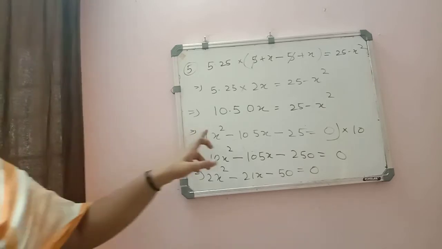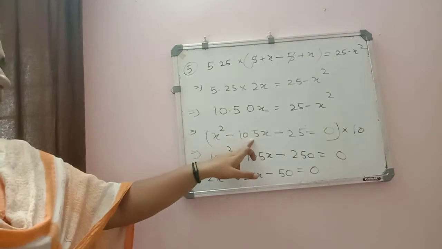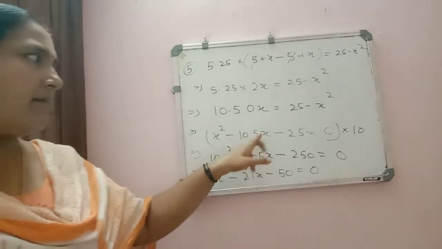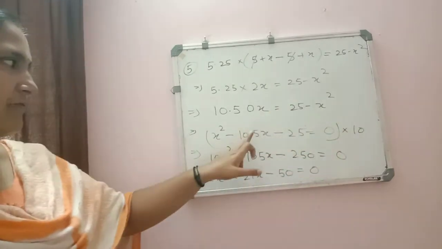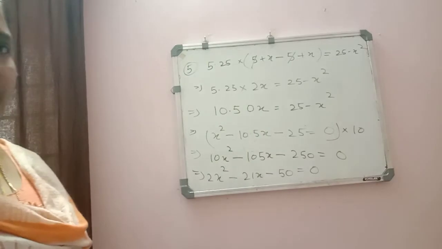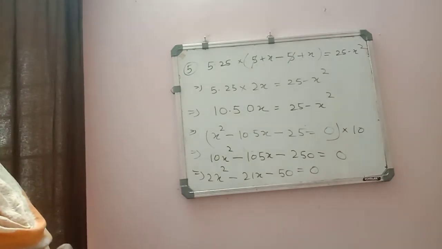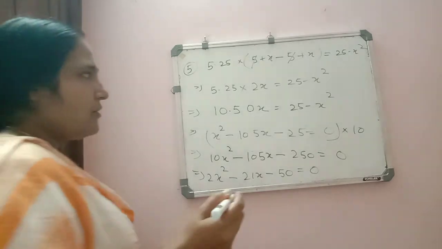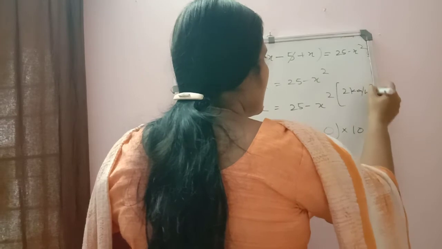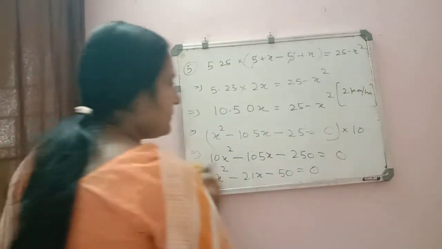Till here, if you are comfortable with decimals, you can solve here only. Otherwise, to remove the decimal, since after the decimal sign only 1 digit is there, we multiply by 10. If 2 zeros are there after the decimal sign, then we multiply by 100. Now you can solve this question. You will get the value of x as 2 km per hour. Once again, I am just writing the answer: 2 km per hour.